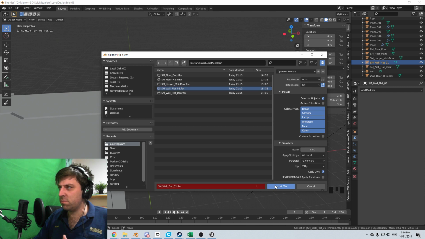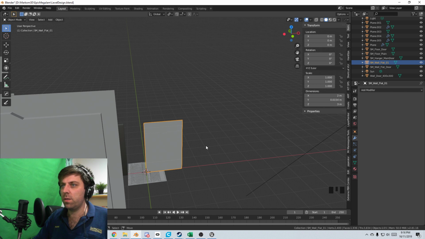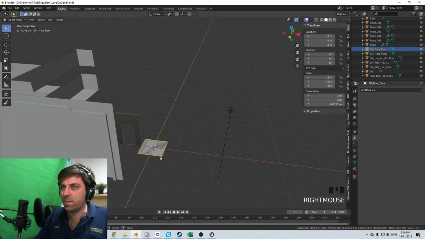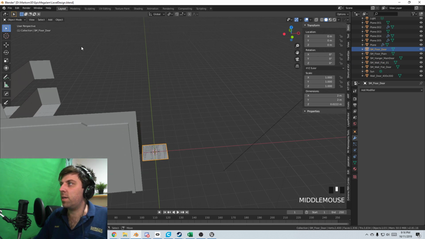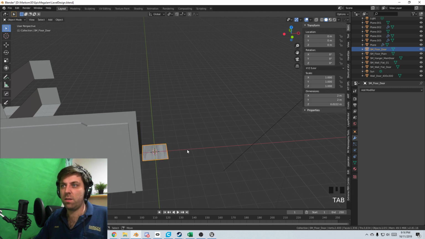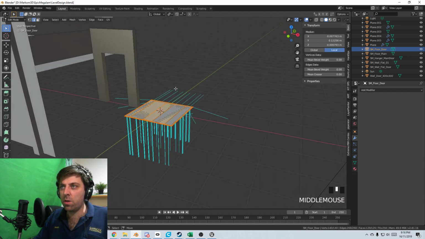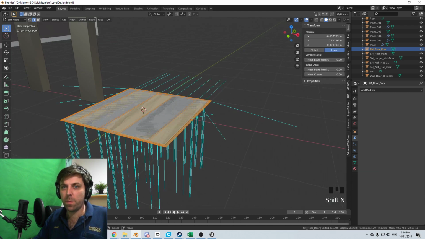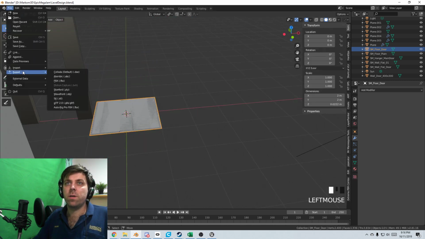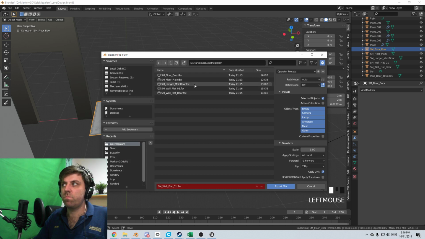This is SM wall flat 01. It's normally a little bit longer of a process, but I ain't got time. This is SM floor door. Shift N. Whoa, no. Wrong way, buddy. That way. Thank you. File, export, FBX,